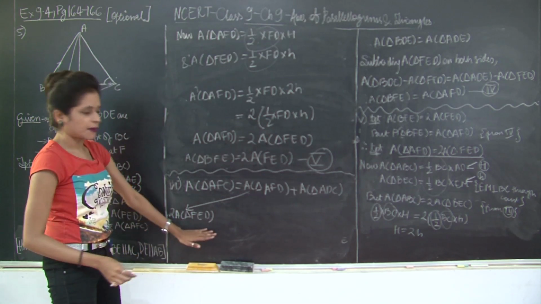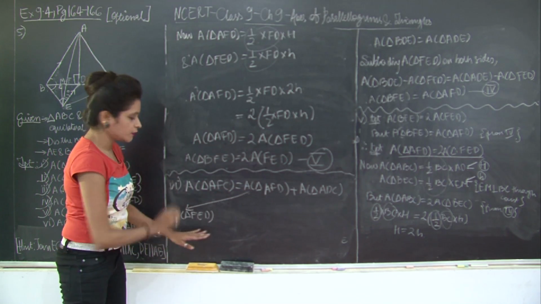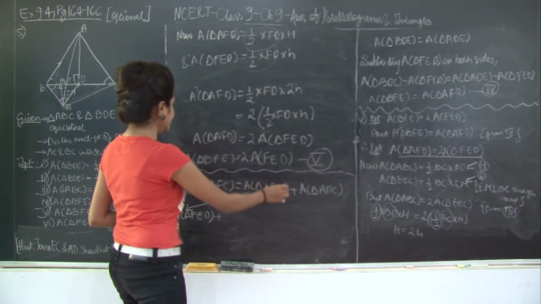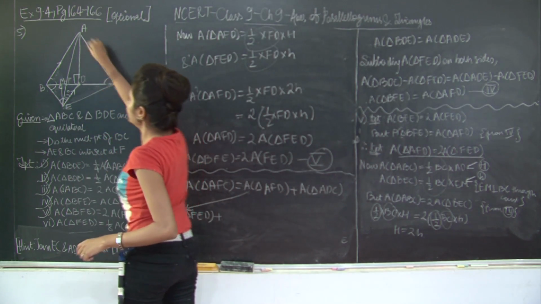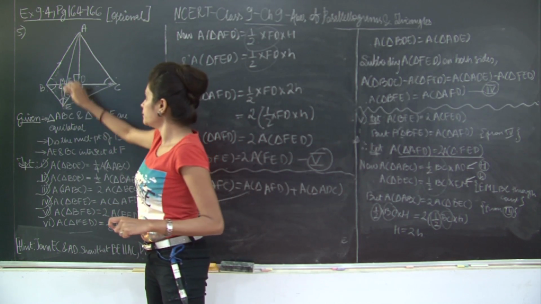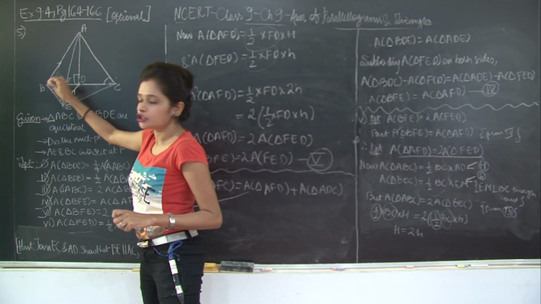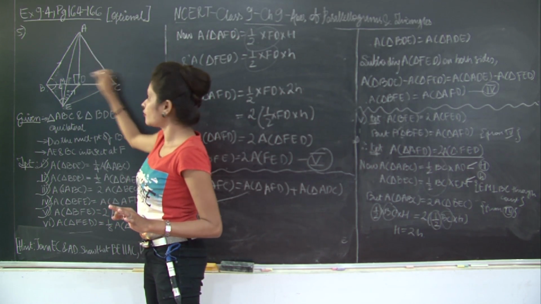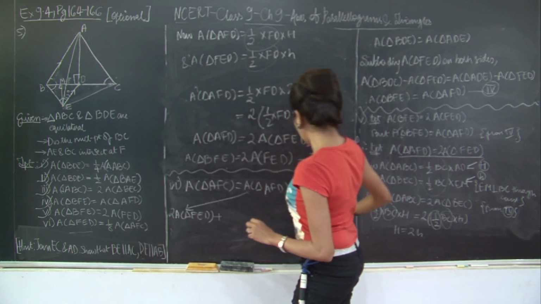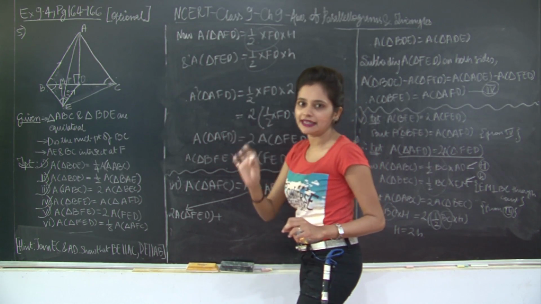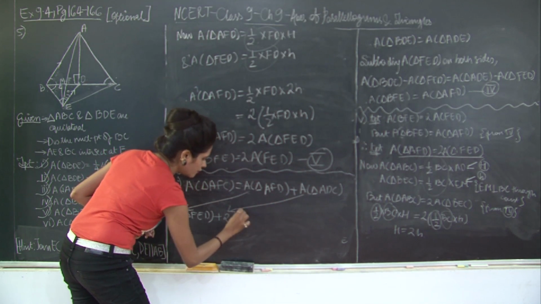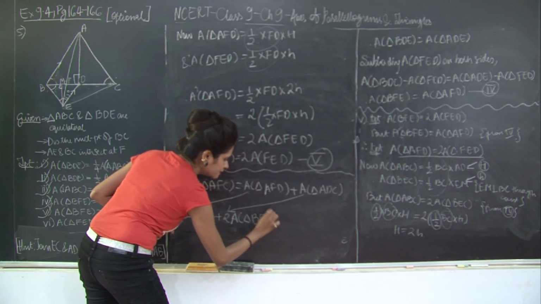So now this part is sorted. Area of AFD is sorted. Now we will not touch this section. Now we will take a look at ADC. So now ADC. Where is my ADC? ADC is here. What did we learn earlier? That ADC is equal to BEC and BEC is the double of BED. So we had learned that BED is half of ADC. Therefore ADC is twice of BED. So instead of ADC, I am going to write twice of BED. So this will come here, twice of area of triangle BED.